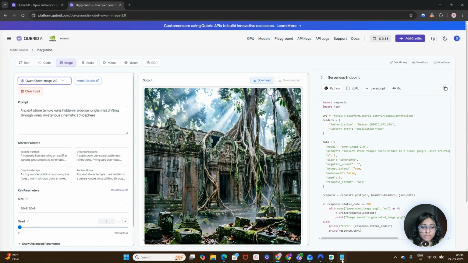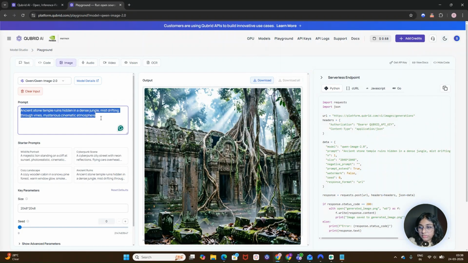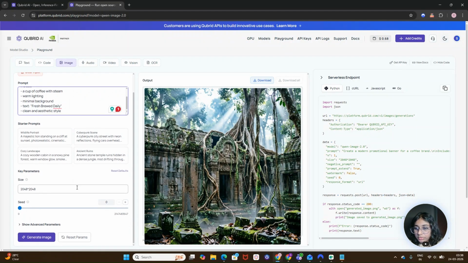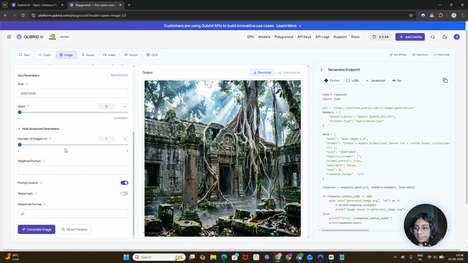Let's add some custom prompt over here. Let's see. I have this prompt. It is a prompt to create a promotional banner. Let's see how it works. You can also change the size over here as well, and you can change the seed value as well. We also have some advanced parameters such as number of images to generate and the negative prompt.